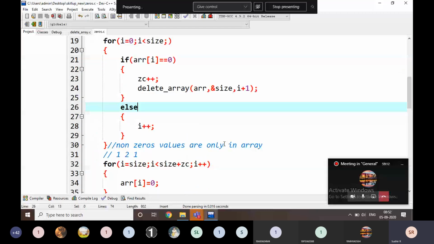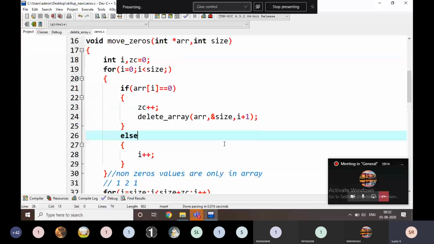Then note down the move zeros function. Note down up to here.